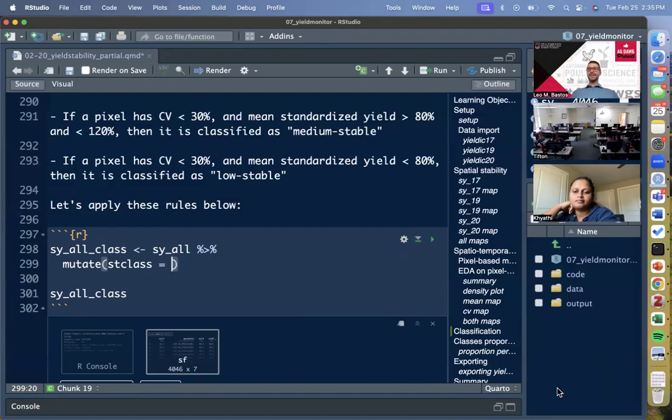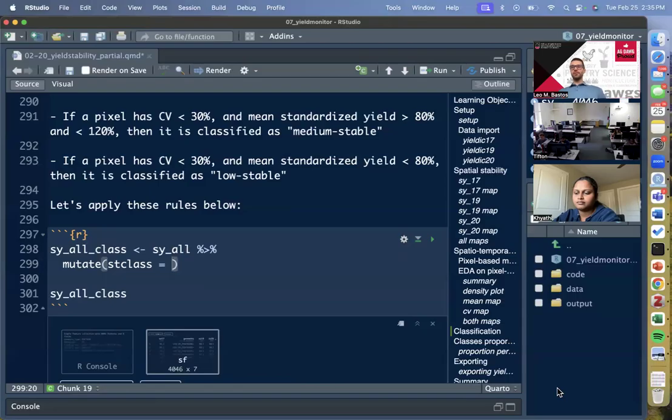Case when? Case when, yes. Who was that? Mohit. Thanks, Mohit. Yes. Case when, right? So case when is the function that we need when we have multiple conditions that we want to list. In this case, we have 4 conditions, right? So that's absolutely right. Thanks, Mohit. So case when,